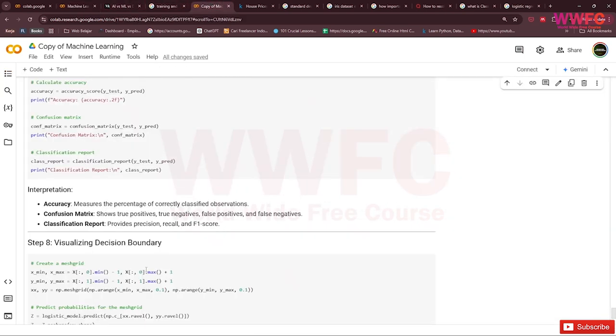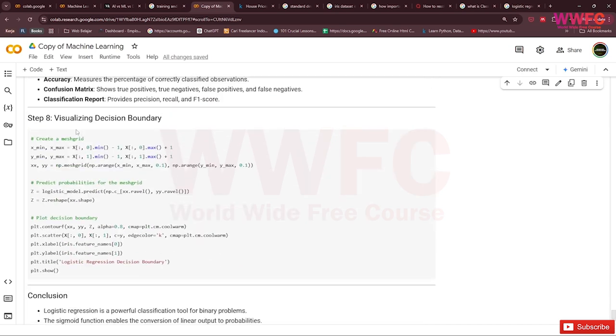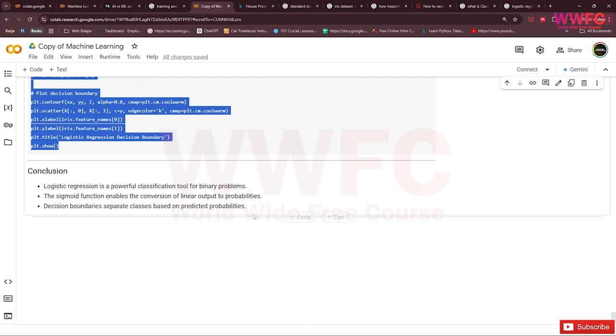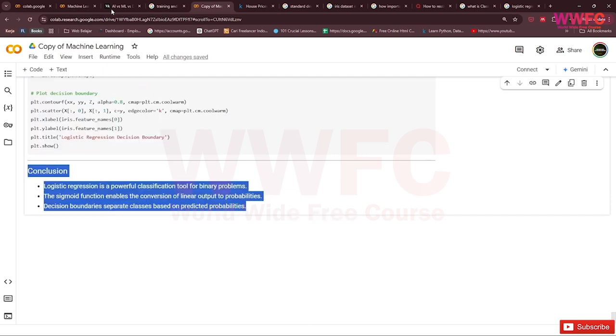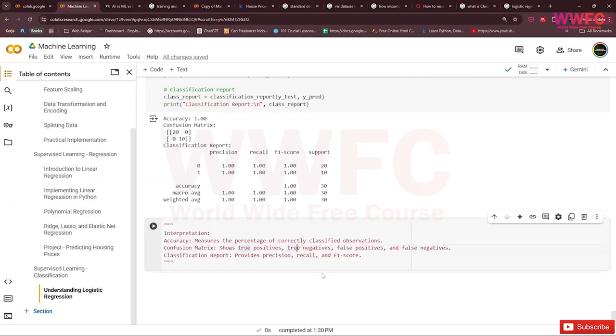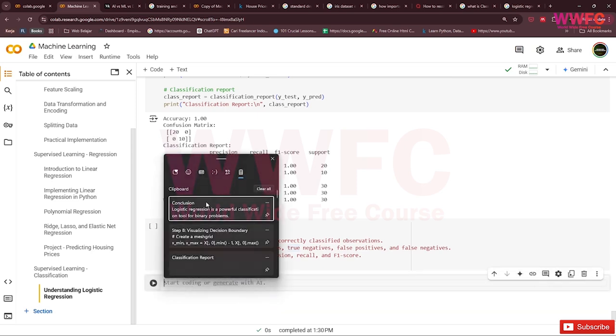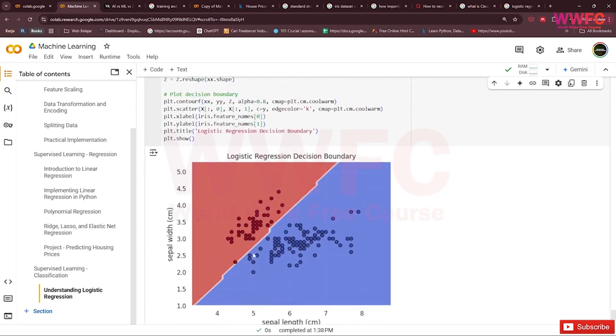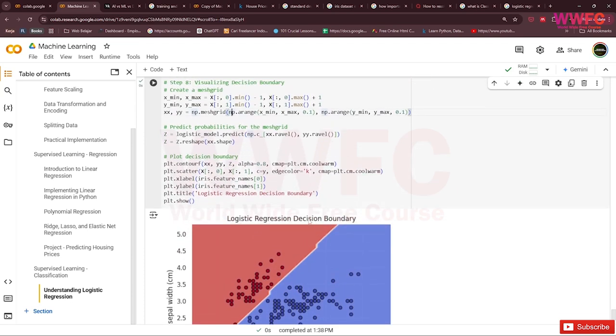Also, next is visualization, decision boundary. If you can see like this, there's a decision boundary.